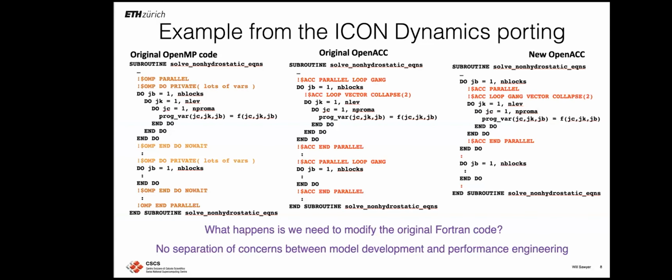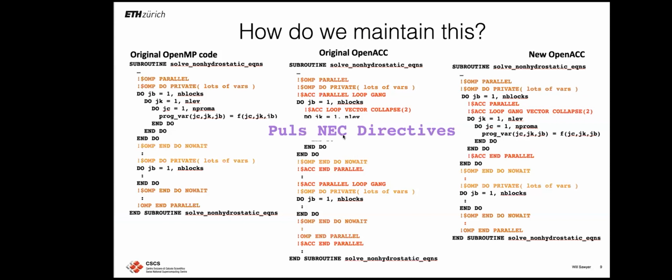And of course, the real code you have to look at is these things, where you have OpenMP directives, you have the OpenACC directives merged in this particular software, you even have NEC directives. And now the real question is, how do you maintain this? Because when you keep evolving the model, and this is a real problem, you have multiple codes inside the same software files, and this becomes very difficult to maintain.